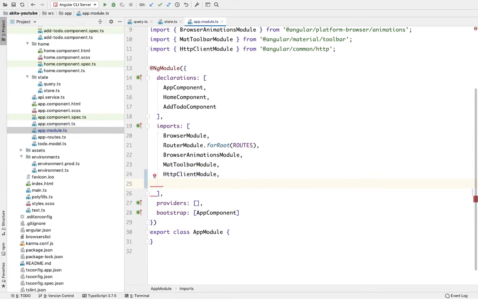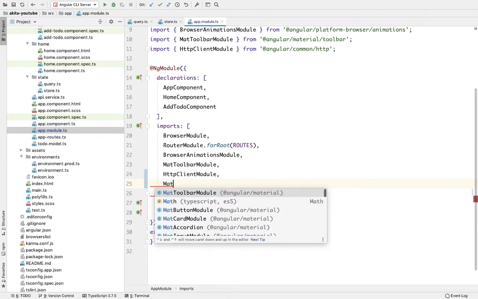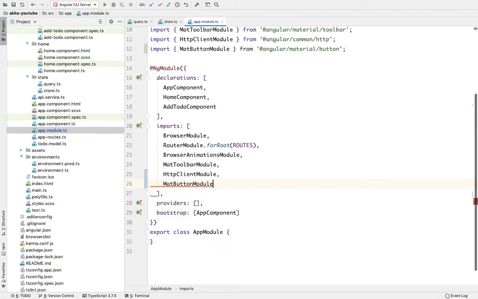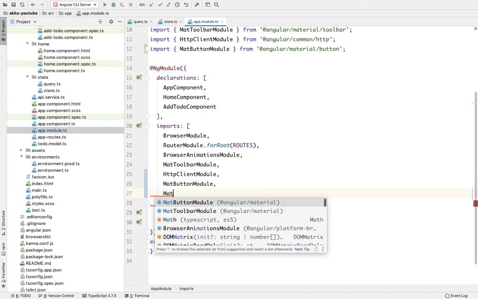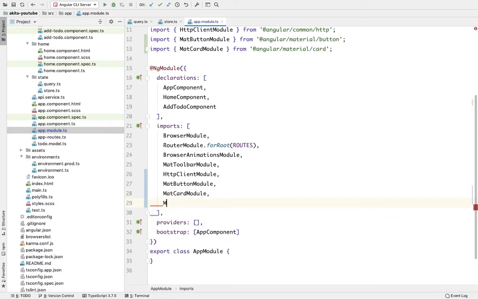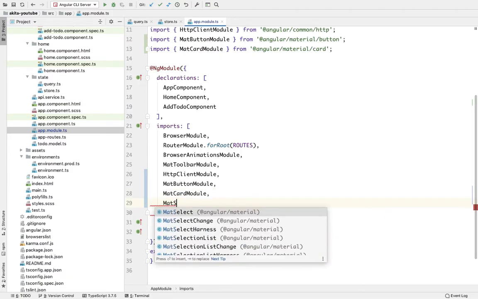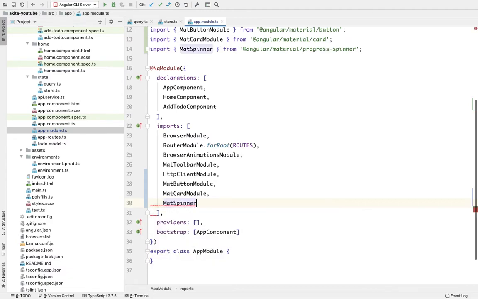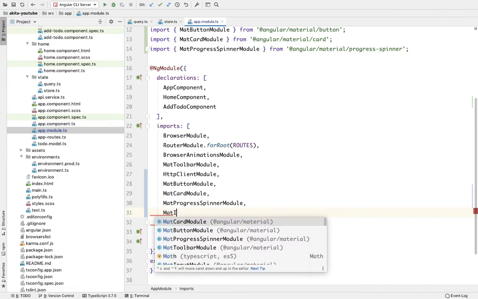So first will be, let's say, mat button module, mat card module, mat spinner module, mat progress spinner module, and mat input module.